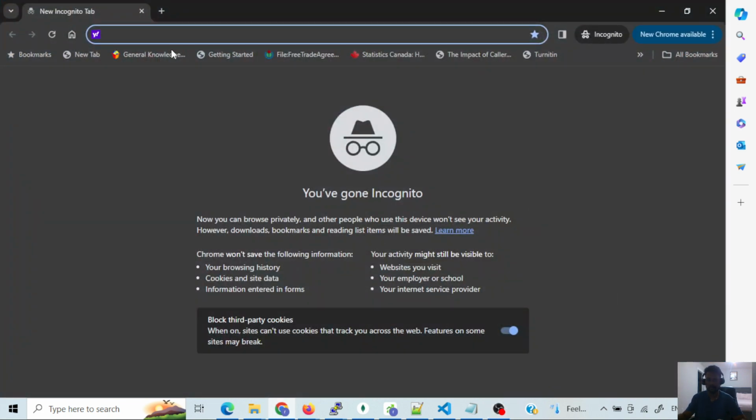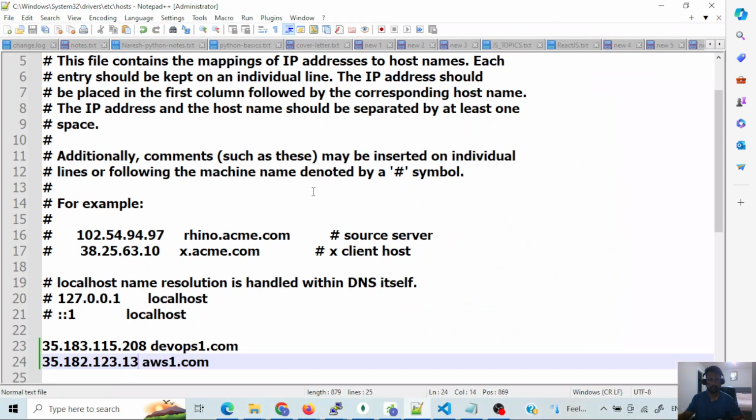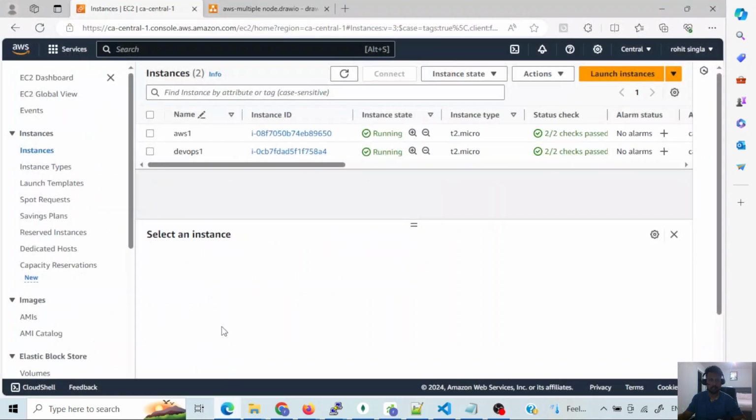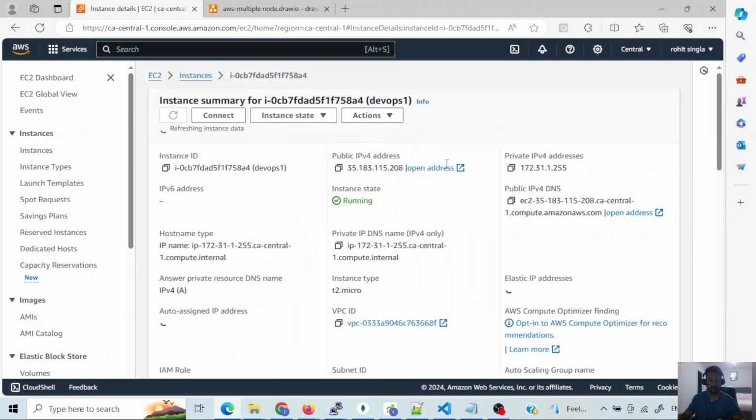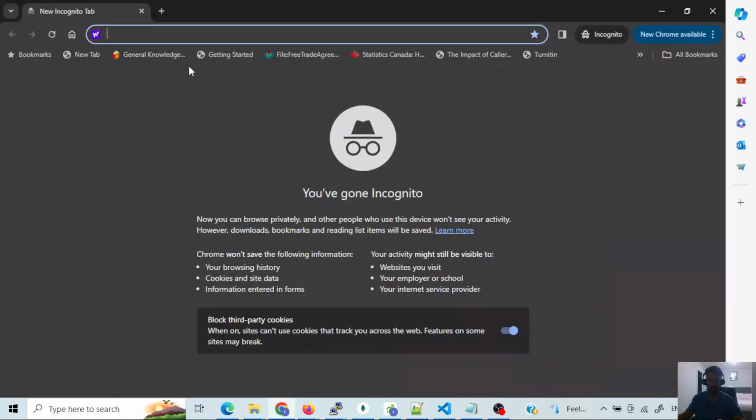Inside that, but before that, make sure I forgot to tell you. In the host file, you just need to give the proper IP address, so for DevOps, like the public IP address. Just make sure you have this one here in front of that, so that if we put this such as DevOps1